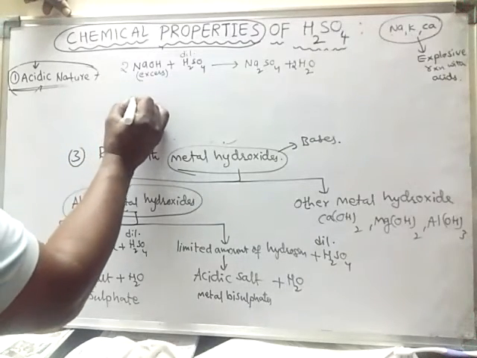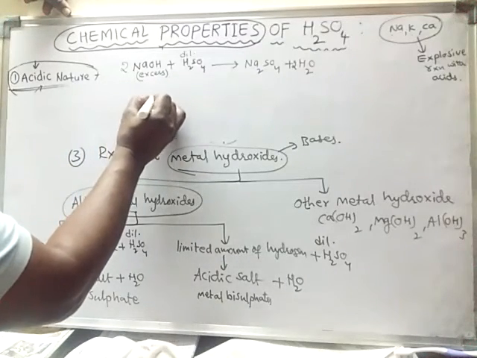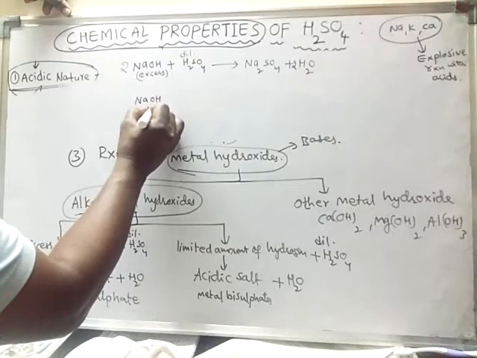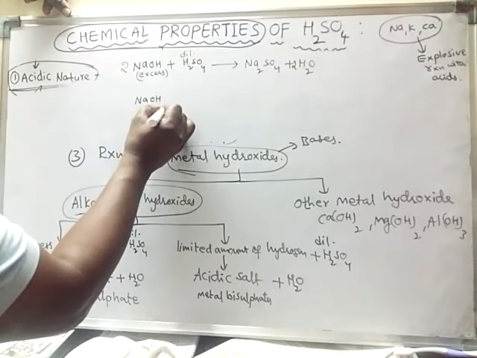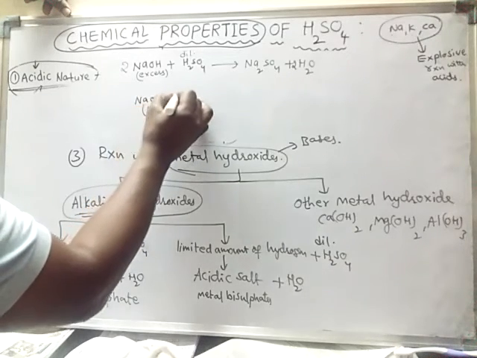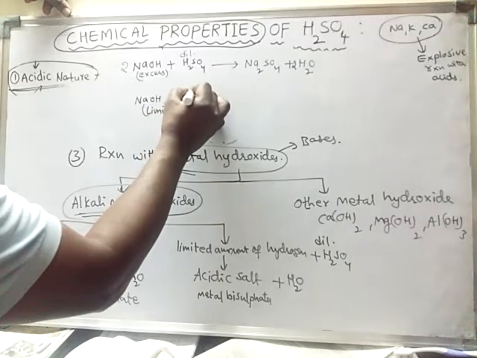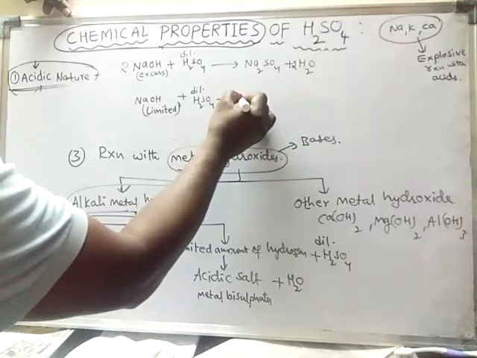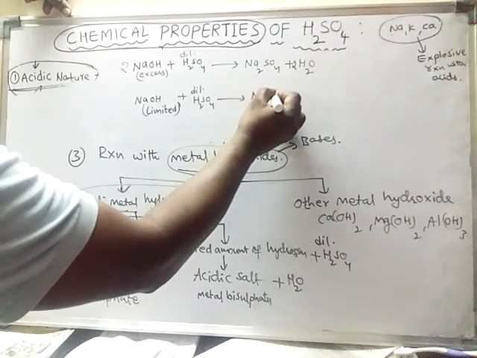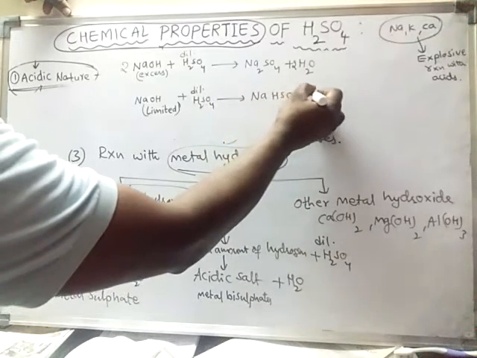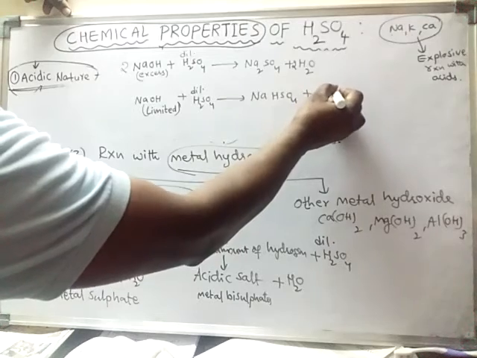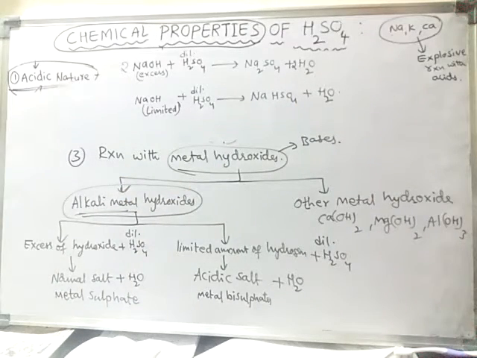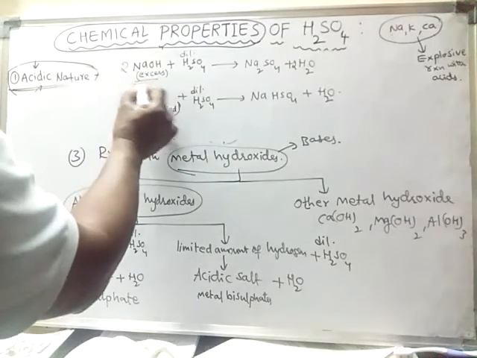The same sodium hydroxide, if I take it in a limited amount and make it react with dilute sulfuric acid, what happens? It forms sodium bisulfate along with the formation of water. So like this, with excess amount of